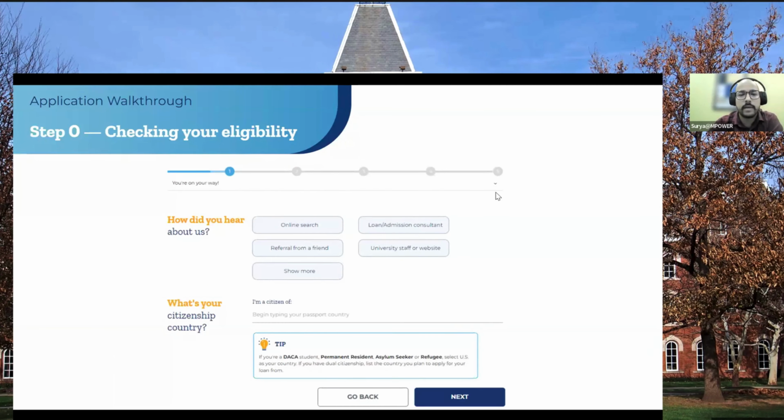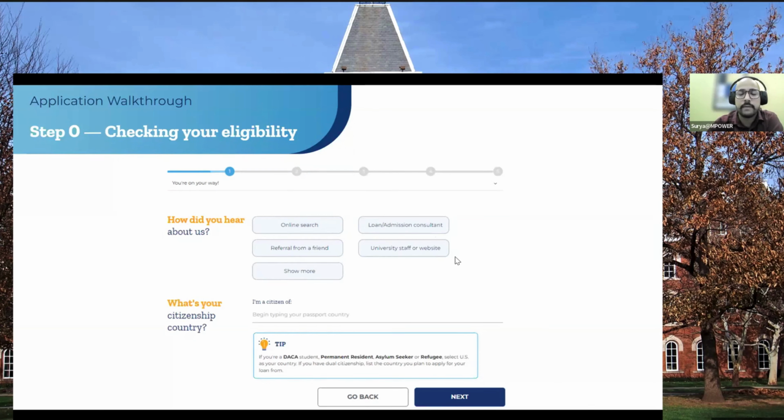Once that is done, we would like to ask you where you have heard about us. This is very important information because if you have been referred by a friend, you have an earning opportunity at the beginning, before you start your application. So if you have come through any kind of online research or any other medium, please do select that option. If you have been referred by a friend, select the refer a friend option and you can provide us the referral code from where you have been referred.